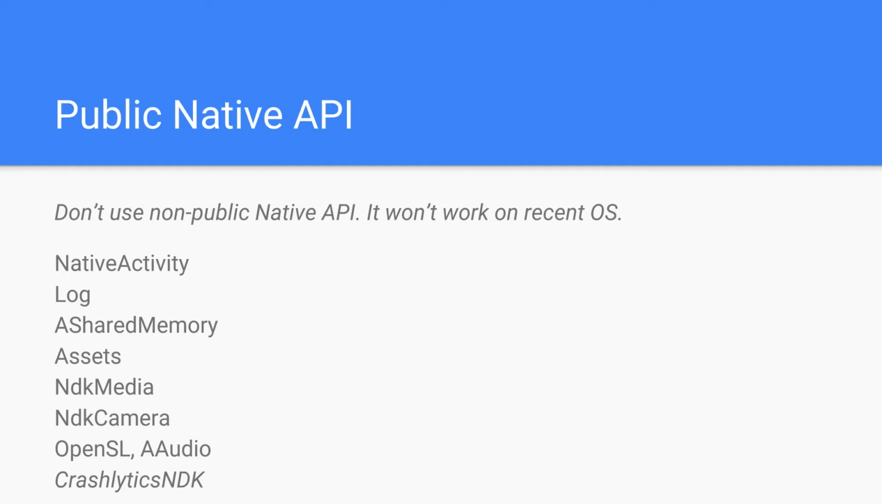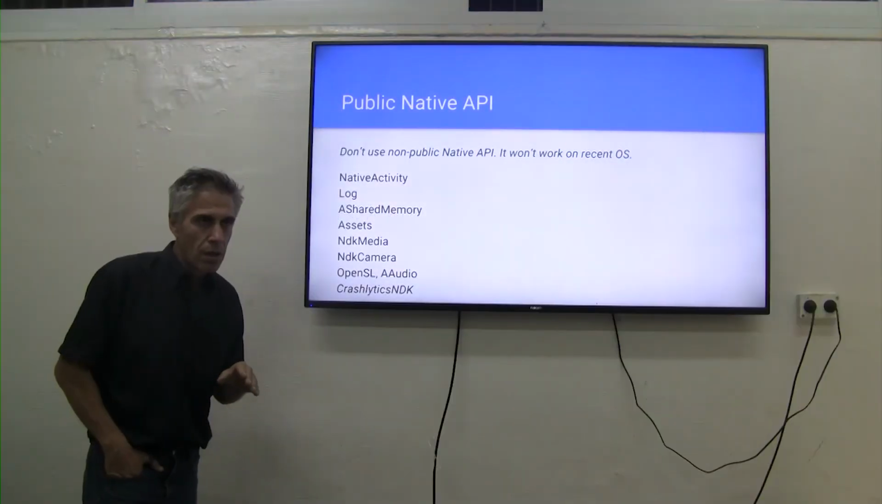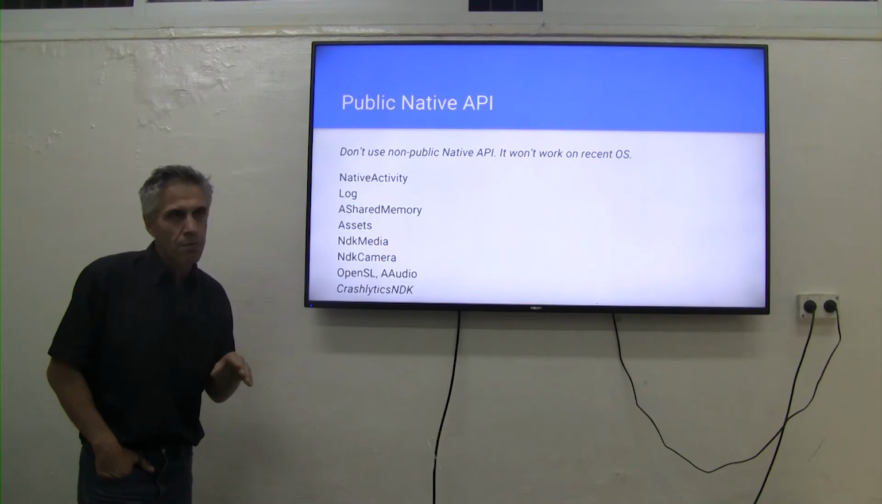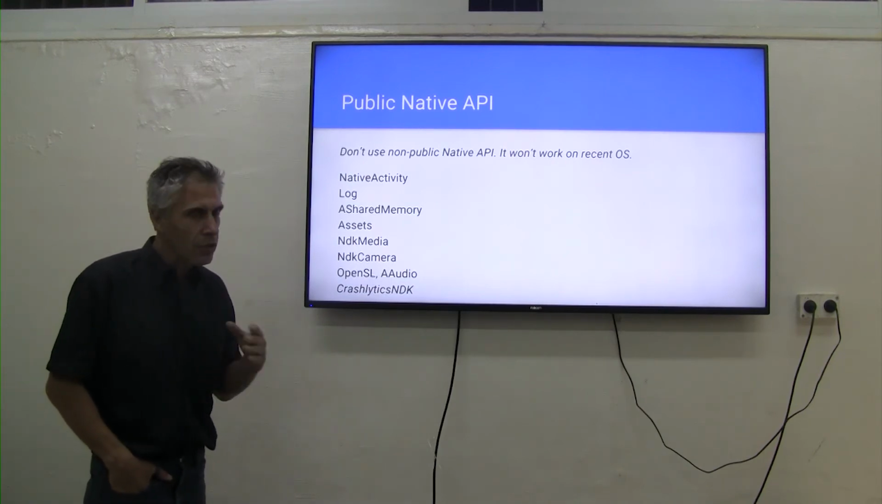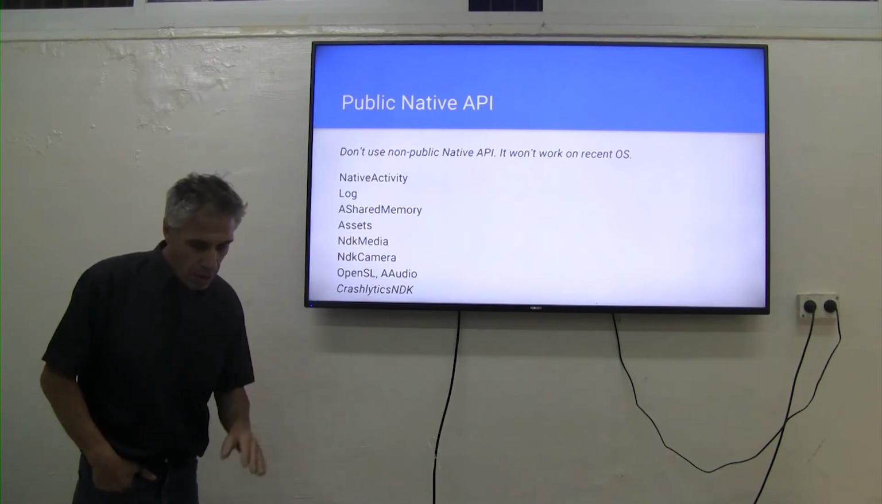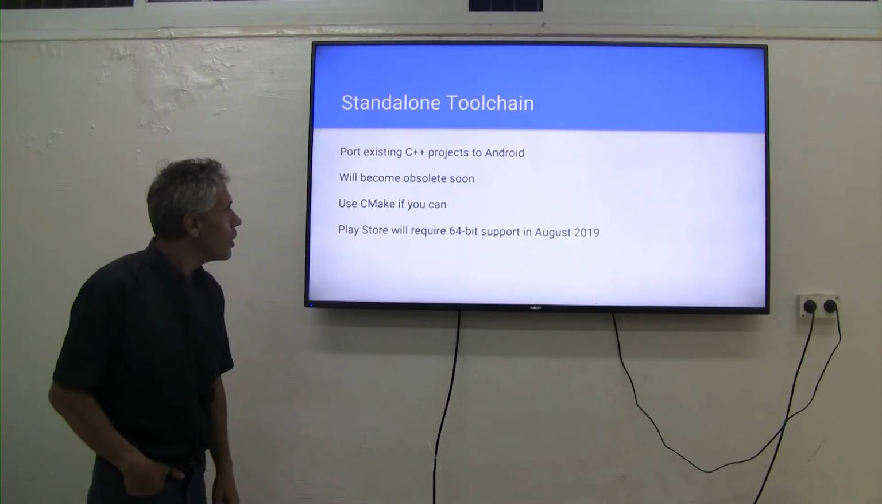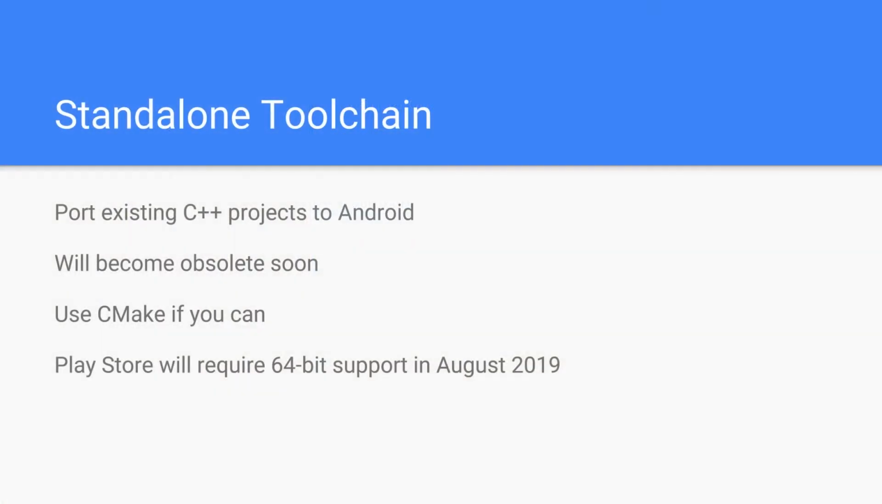Since recently they strictly require that you only use public native APIs in your modules. You cannot use, for example, the system OpenSSL. No way. And the last thing that I wanted to say, that there still exists this notion of standalone toolchain